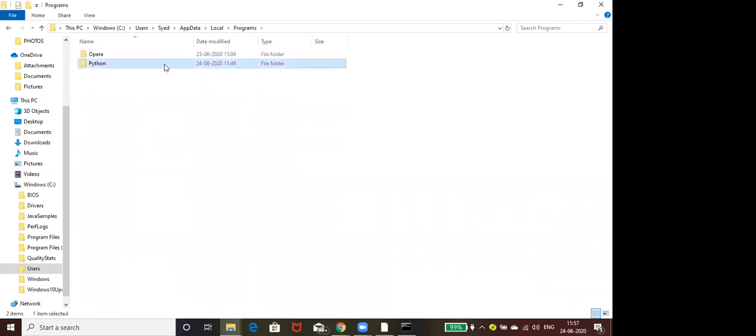Python. Remove that folder, ma'am. Python 38 folder. Select that and shift enter. Click on shift enter. Select that. Shift enter.